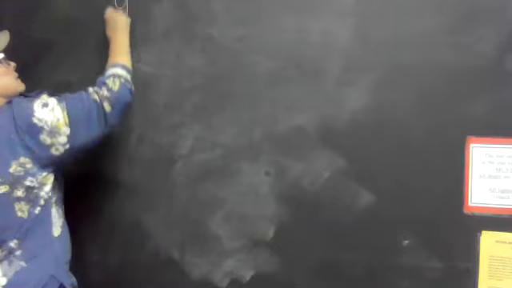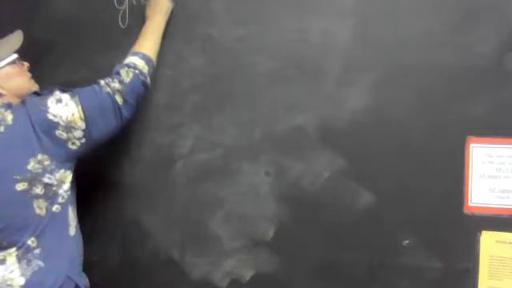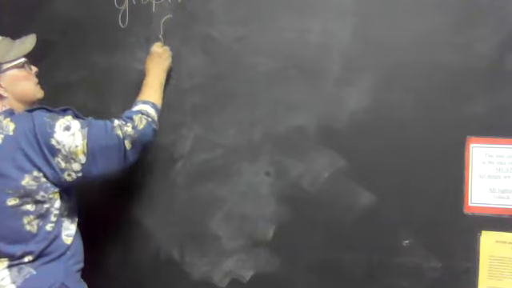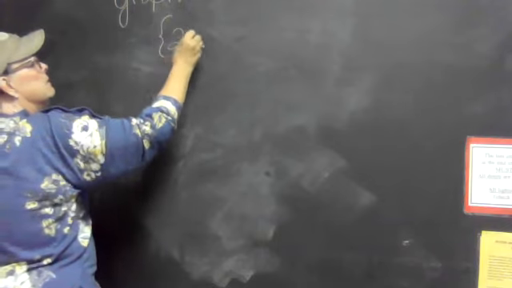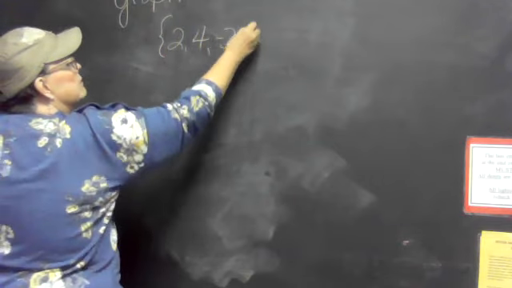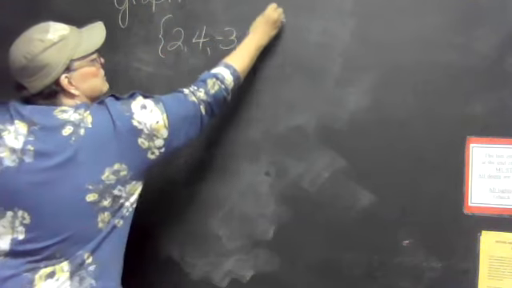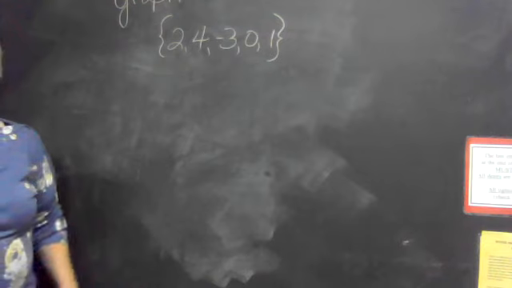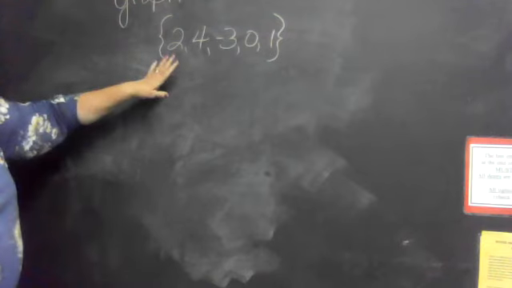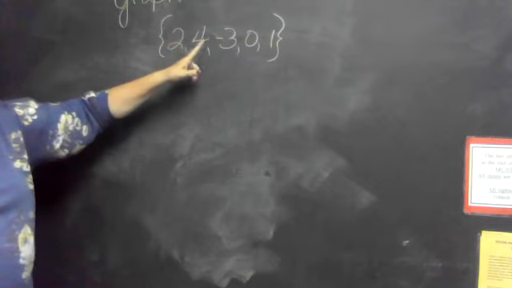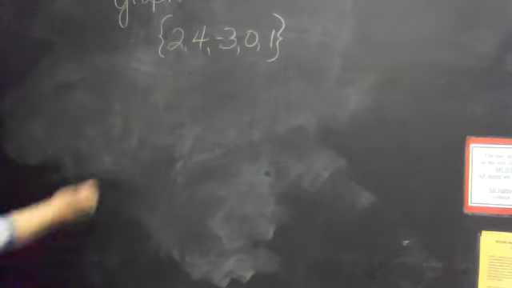And it says graph this. Okay, if you'll notice, right here, there's no fractions, there's no decimals or anything, there's only 5 points, right? So when we graph this,